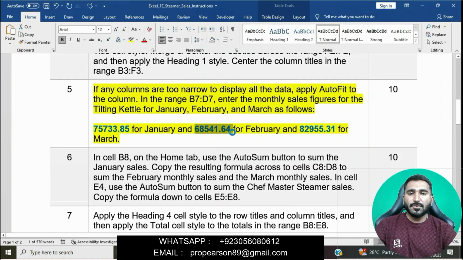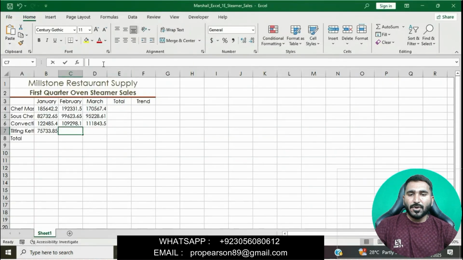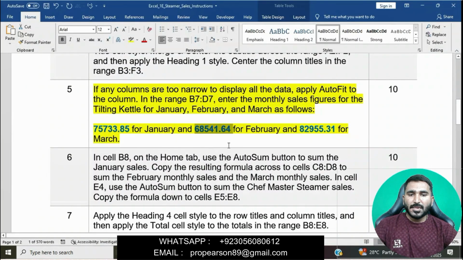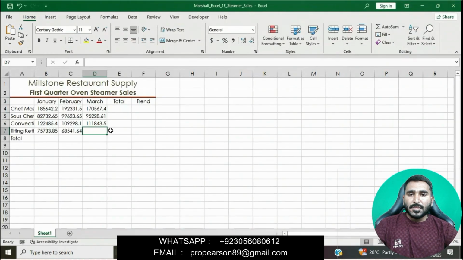We will copy this digit, go to the Excel workbook, and type it for February. And for March, 42955.31. Here is D7 for March. We will type this digit and then press Enter.